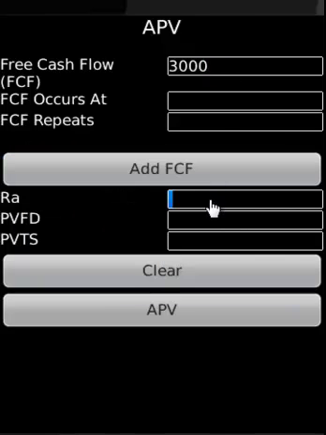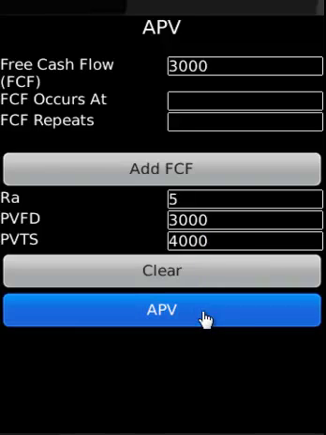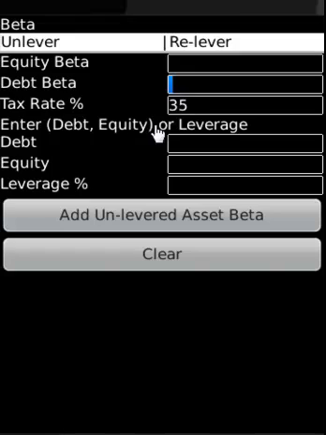Okay, RA is 5%, present value of financial distress 3,000, and present value of tax shield say 4,000. So we added all those and now we know the APV, adjusted present value. Beta, using this we are able to unlever asset beta and re-lever the leverage